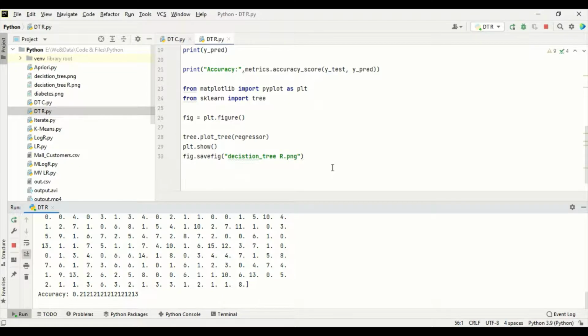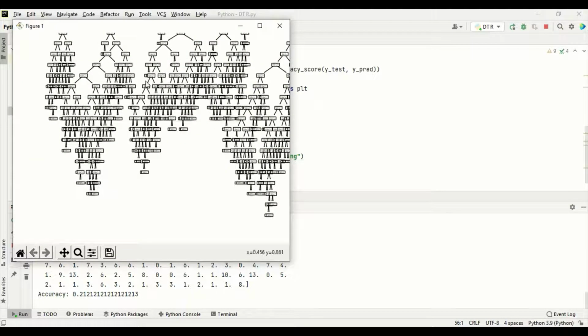Now after the model is created with the training data, we are plotting the decision tree. Since no depth or feature limit is given, there are many nodes and much depth, with many possibilities from the nodes. That is because we have not given the maximum depth, maximum features or maximum nodes to the decision tree regressor.